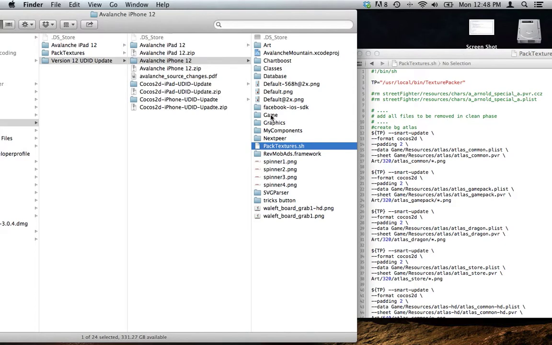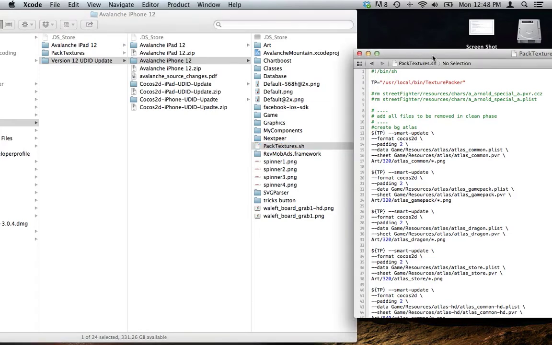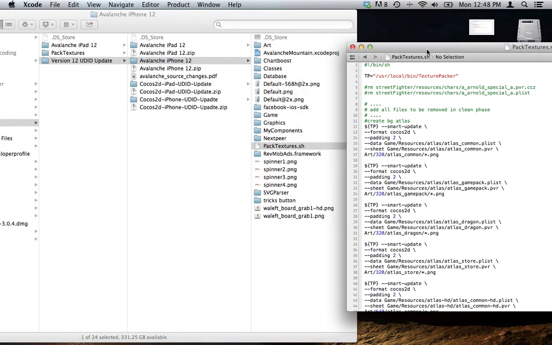Here's the iPhone version. Here's your folder here. You'll notice packtextures.sh right here. That's your shell script. If you look in here, it has just creating the folders once, the first time. It says